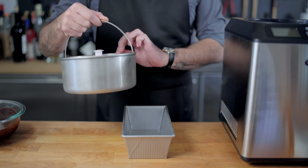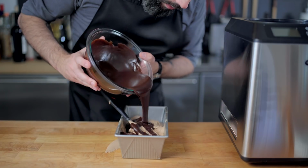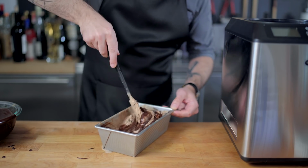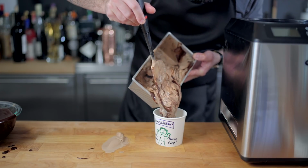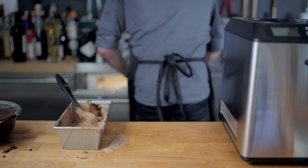I'm not going to add the toppings in the machine this time because we want a fudge swirl, so I'm going to scoop all the ice cream into a loaf pan, drizzle liberally with our fudge sauce, and top with chocolate chunks, or hunks rather. Then we're just going to gently fold that together until we have a nice fudge swirl and all the hunks are evenly dispersed throughout the ice cream, and then deposit it into yet another beautifully designed Ben & Jerry's pint container. Likewise, this guy needs at least 2 hours, if not 4 hours, in the freezer before consumption,